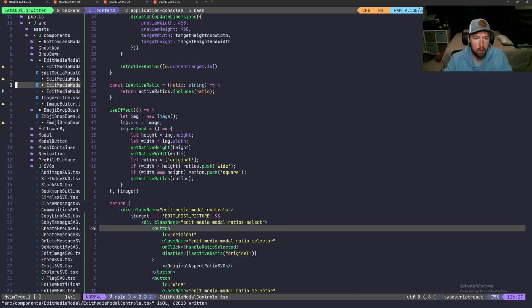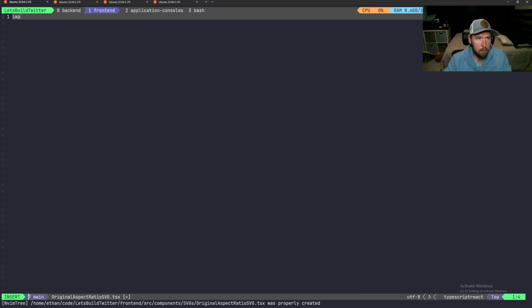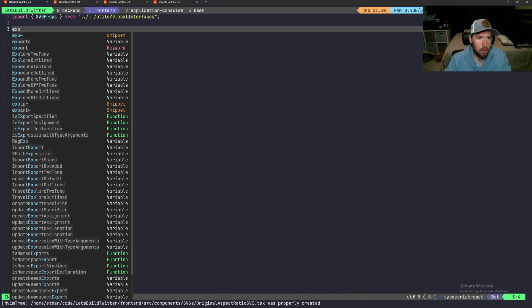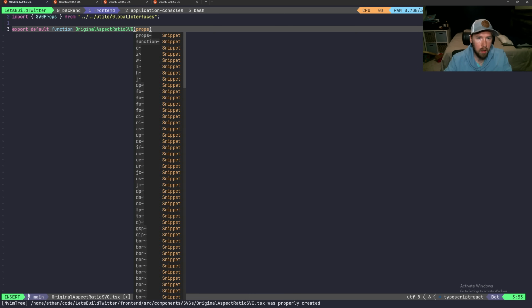So let's open up our Explorer. Let's come over here to our components and our SVGs. Let's go ahead and start out with original aspect ratio svg.tsx. Hop in here. We're going to go ahead and import our svg props, and then we're going to say export default function, and this will be original aspect ratio svg. We'll have our props, which are svg props,